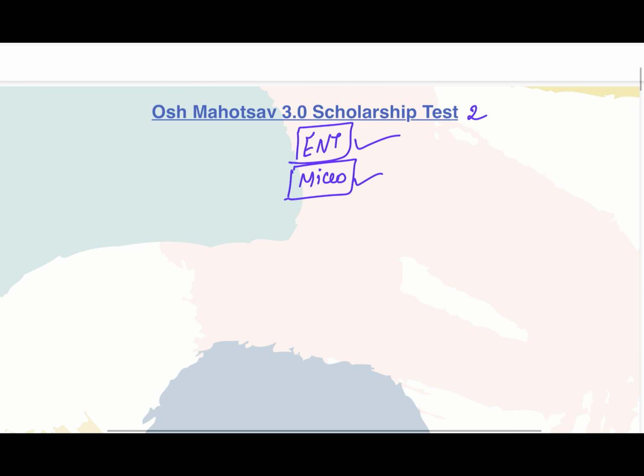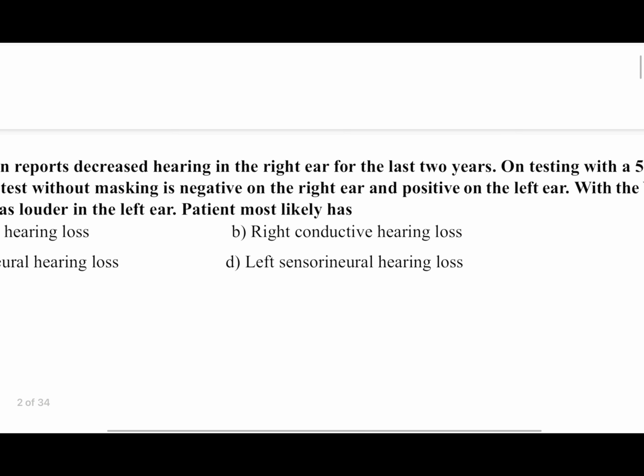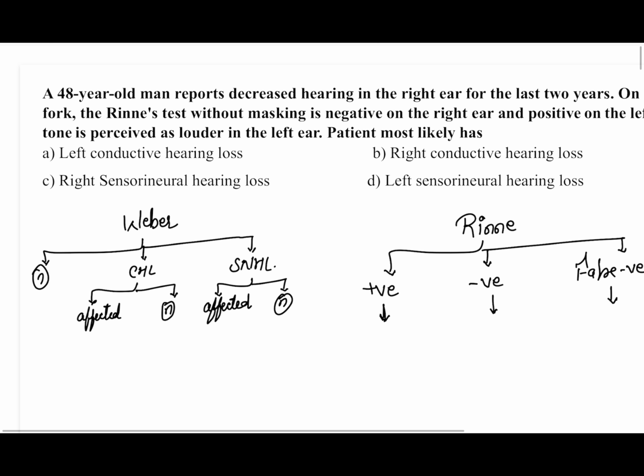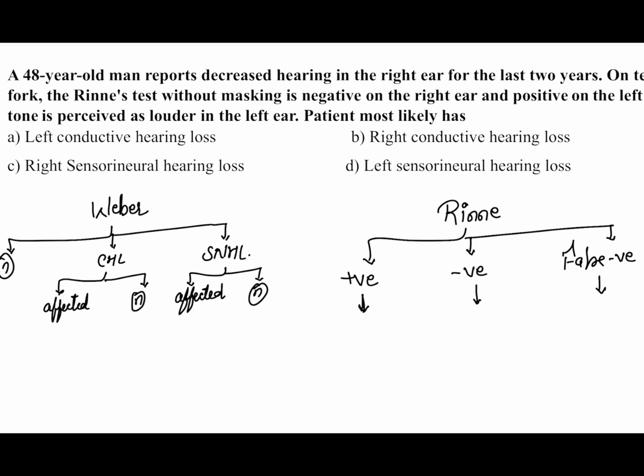Today we will be discussing Osh Mahotsav 3.0 Scholarship Test 2, which was on ENT and microbiology. In the first part you will get all the questions related to ENT, and in the second part I will explain all the questions related to microbiology. So let's start. The first question in ENT is: a 48-year-old man reports decreased hearing in the right ear for